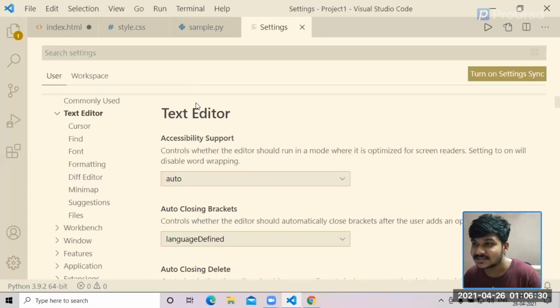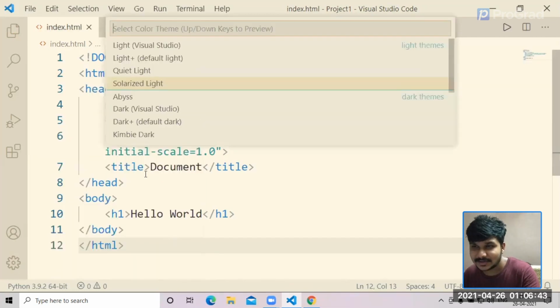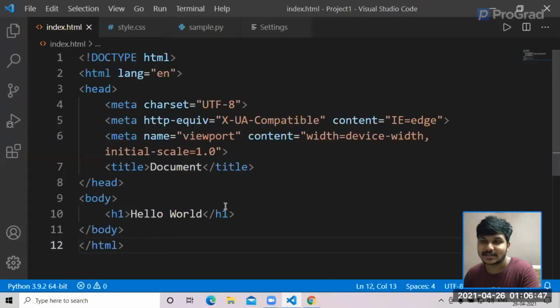Solarized Light. Solarized Light will make the entire code like this, and you can obviously go ahead and type in your code here. But then that's cool. And let's save this code. I think we have not saved. And let's go ahead and go back to the previous settings, like the Visual Studio Dark default, and I think we have got that.